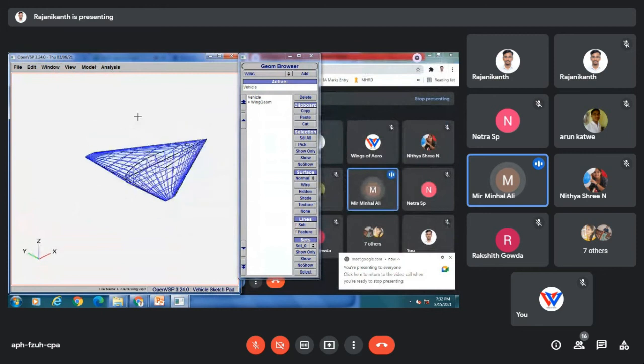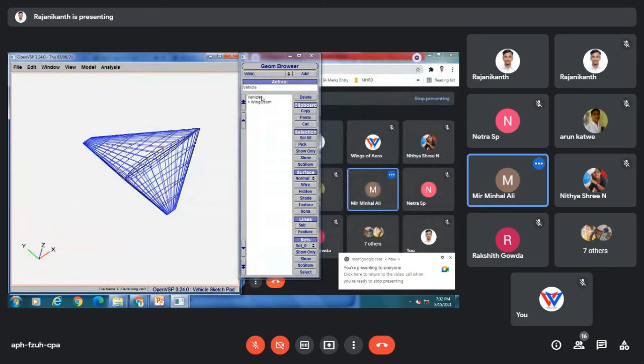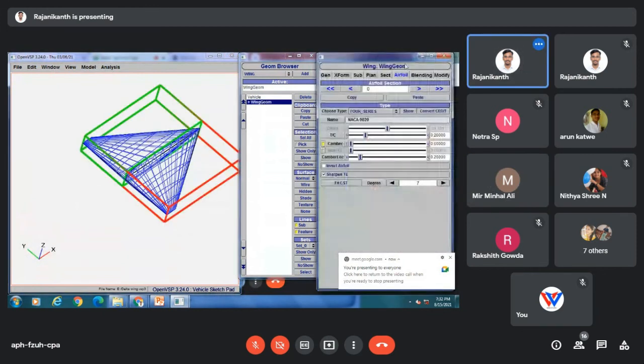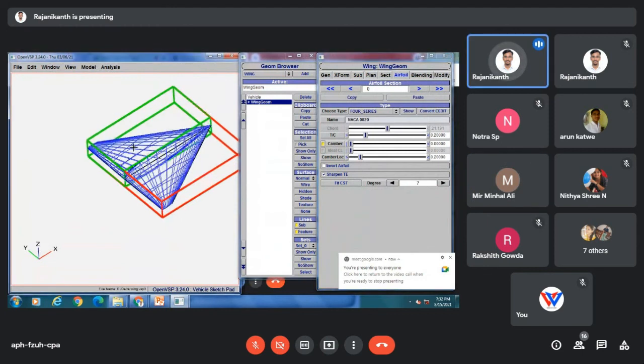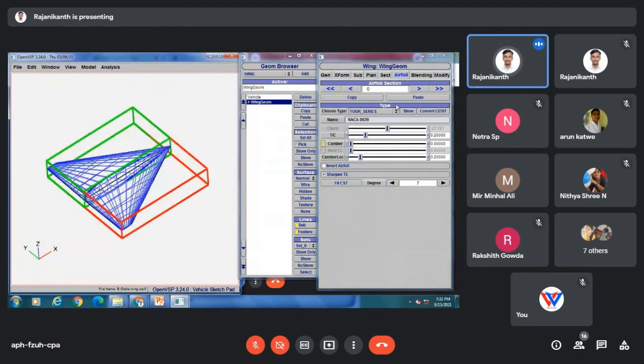So for this delta wing, isn't the aerofoil supposed to be the other way around? Sorry, please come again. The aerofoil section should be the other way around, right? Not this way. No, it's a rough model. Okay, for delta wing, we will go with a thin aerofoil.